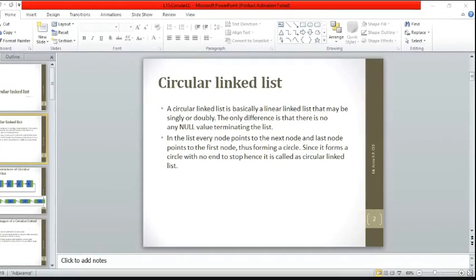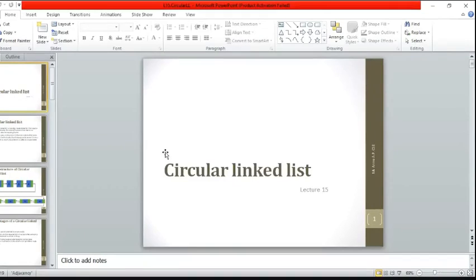In yesterday's lecture, we discussed the doubly linked list, and we performed some operations in the form of insertion and deletion on a given doubly linked list. And today's topic is circular linked list. Okay. Before starting the circular linked list,